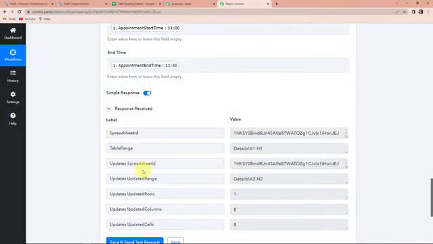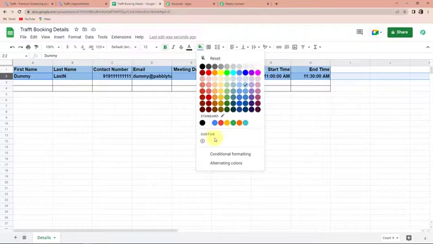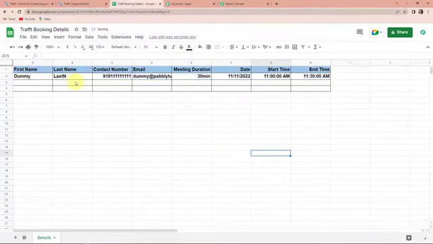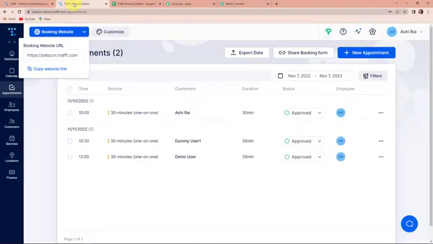So as soon as I've done that, here it is saying that it has become a part of my Google Sheet. So let's go and check our Google Sheet. And yes, we have received the information, right? So this is the first name, then the last name, contact number, email address, and then we have the meeting duration, date, start time, and end time. So this basically means that our integration process is a success, but we also need to check this in real time. So what I'm going to do is I'm going to go back to Trafft, and